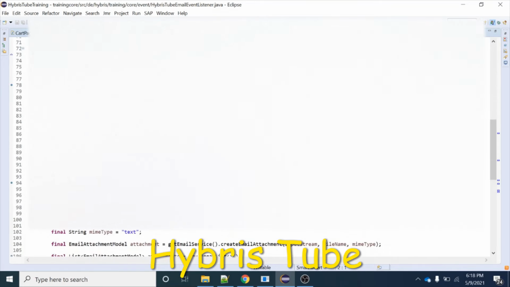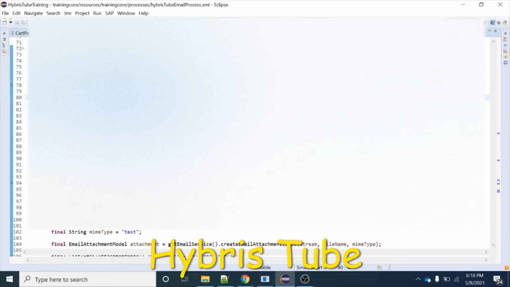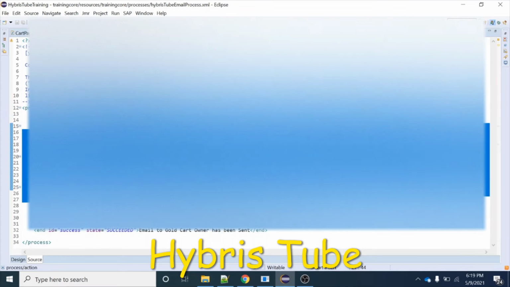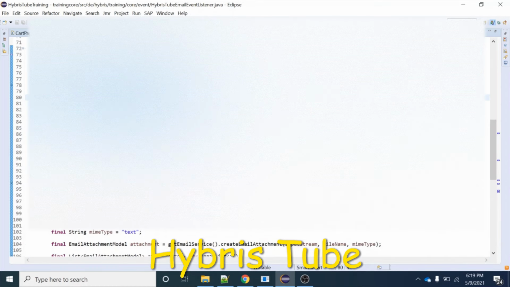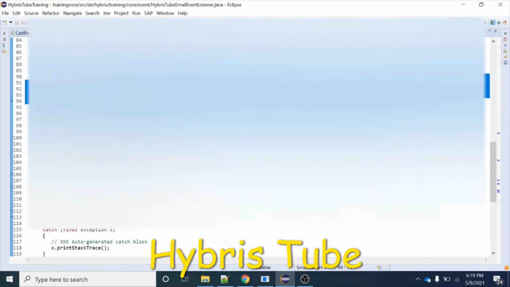Over here, guys, we were creating the business process. As you can see, we are creating the business process here, and this is the name of the process which we are calling. This is the same name over here where we have defined multiple actions. In the listener, firstly we are setting multiple things like cart, currency, store, site and language, which we have got from the controller base. And then, for the attachment functionality which we studied in chapter number 29,